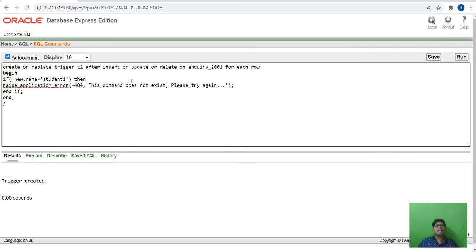Then it will raise error that you cannot use DML commands for insert, update, delete. Then it will show one error. So when we run, it will show the trigger is created. When the user tries to enter the name, it will show the error.